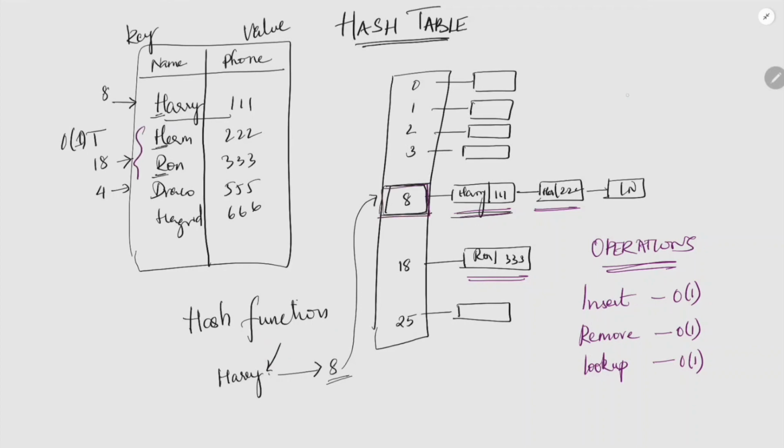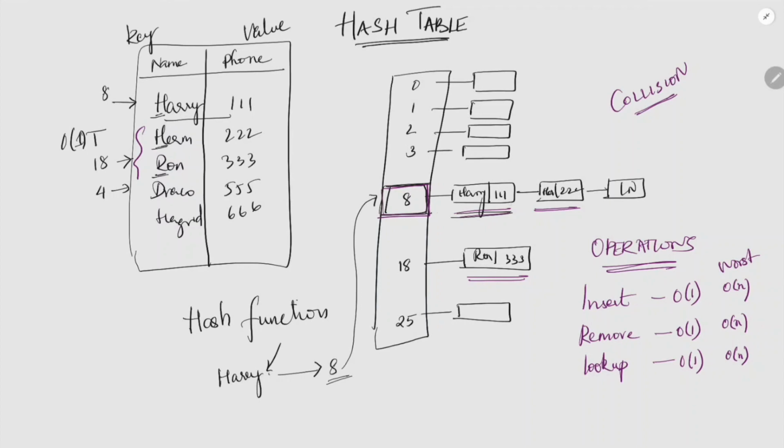This is called a collision. Whenever a collision happens, there are chances that accessing a value can go up to O of n time. This is nothing but the worst case access time, and this applies to all three operations because even while inserting, if all your keys are mapped to a single slot in the dynamic array,